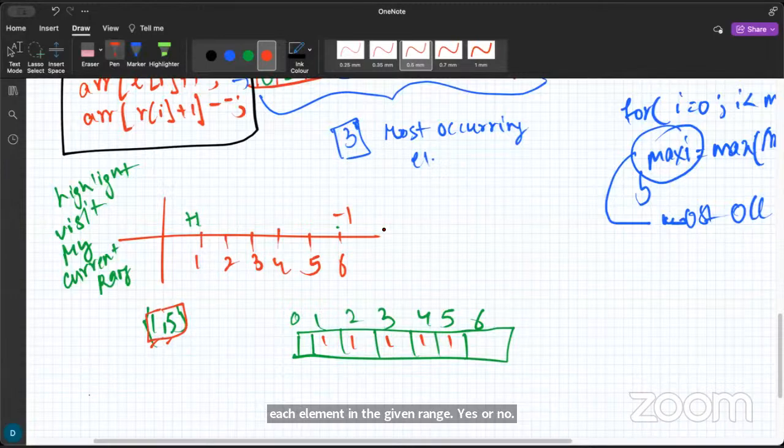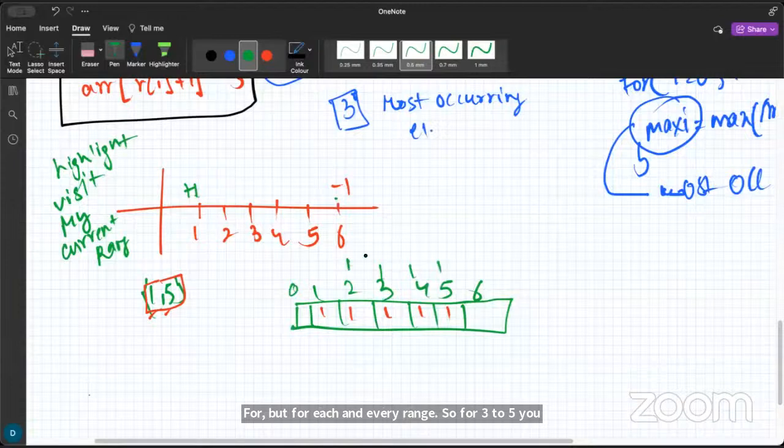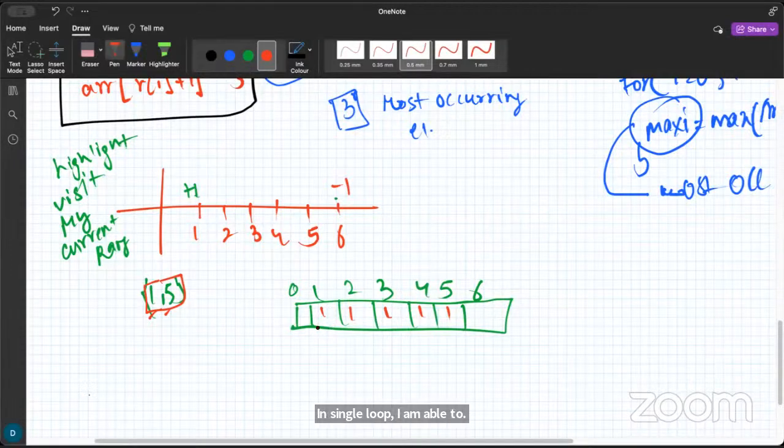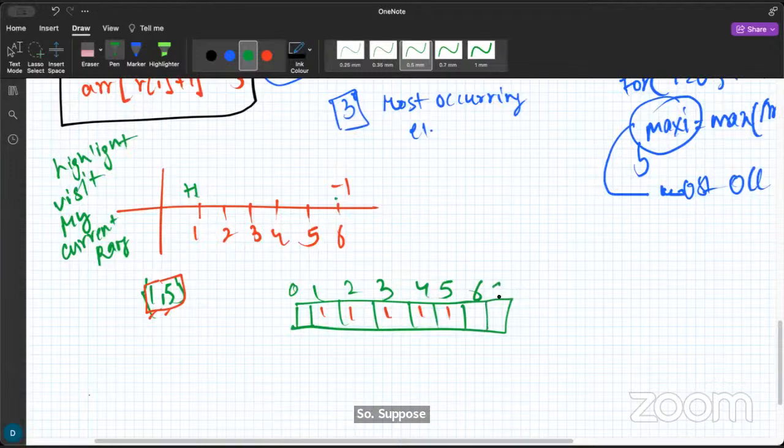And what I'm doing here, instead of running the for loop for each and every range, so for 3 to 5, you will again run a for loop, for 2 to 6 you will again run a for loop, I am instead using a single loop. In a single loop, I am able to count the frequency of every element in the range. So suppose 8, 9. This was our array,